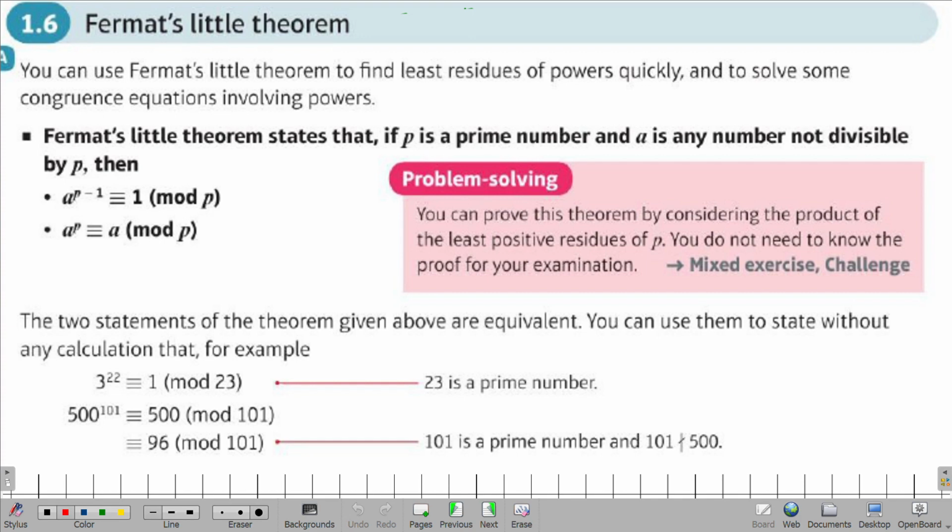So Fermat theorem states that if P is a prime number and A is any number not divisible by P, then A to the power of P minus 1 is congruent to 1, and A to the power of P is congruent to A in mod P. It might happen that you get to a point where you don't have these conditions. That usually happens. For example, the example I worked,